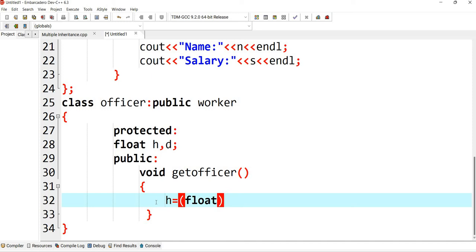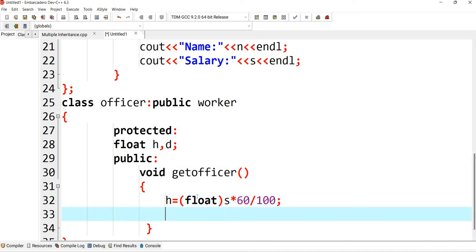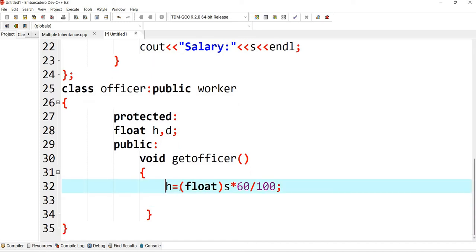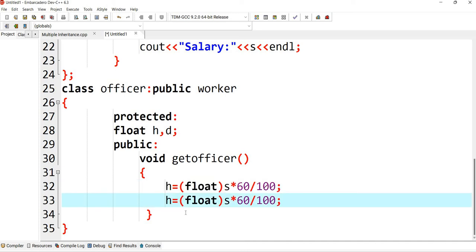We'll calculate this. So S into, for example, this is 60% of the salary, so divide by 100. Then again DA will be, DA is always 90%, 98%. Okay, so 98%.